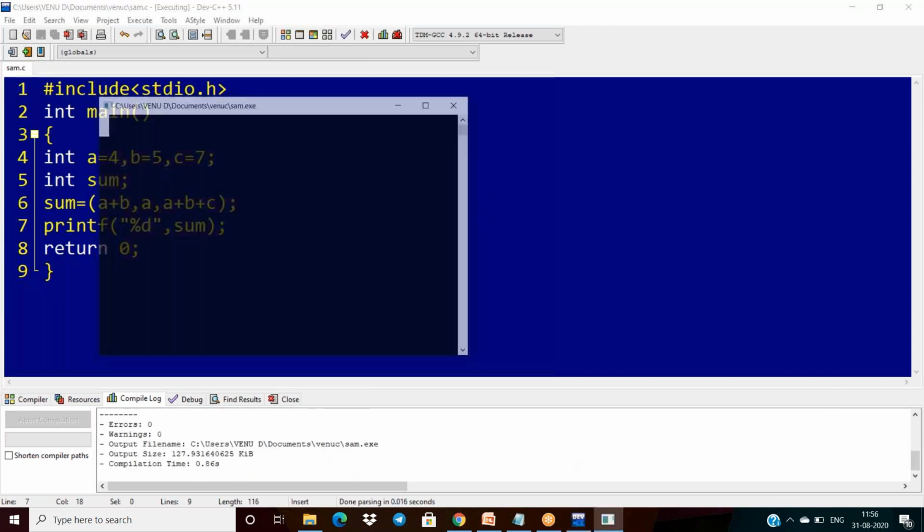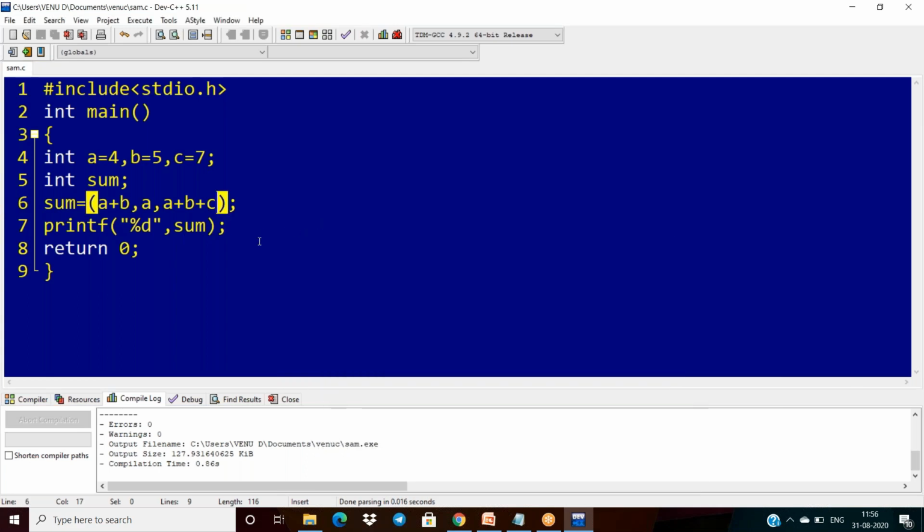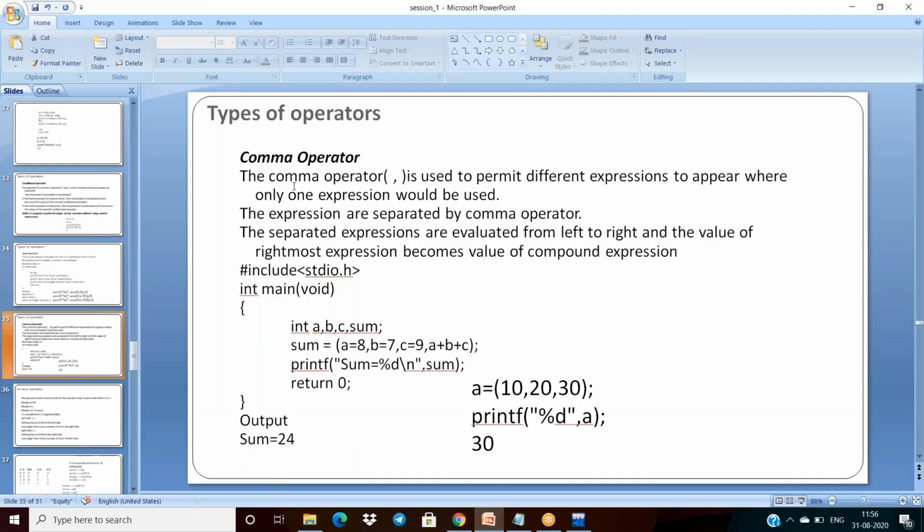I am getting the rightmost value: 4 plus 5 is 9, 9 plus 7 is 16 will come. Otherwise, if I remove this, then what is the value of a? 4 will come. So to separate any expression, comma is needed. That is the purpose of comma. So comma is treated as one of the operators that is used to separate expressions.